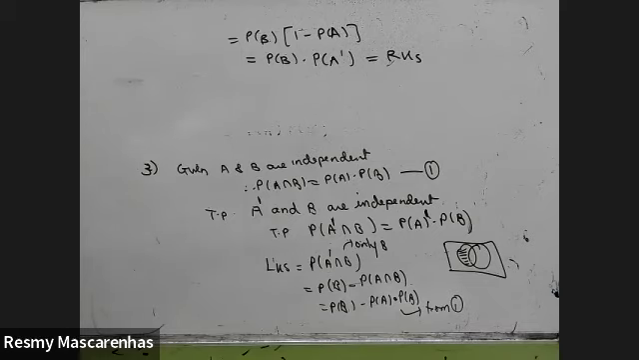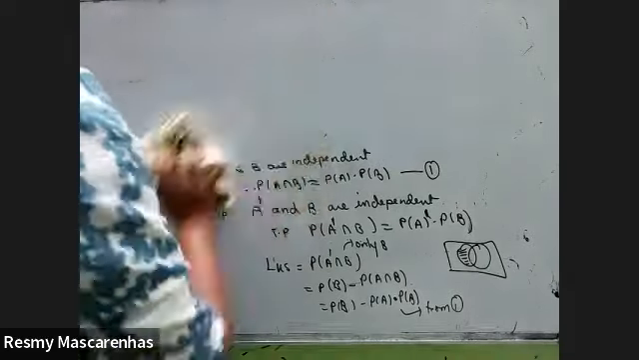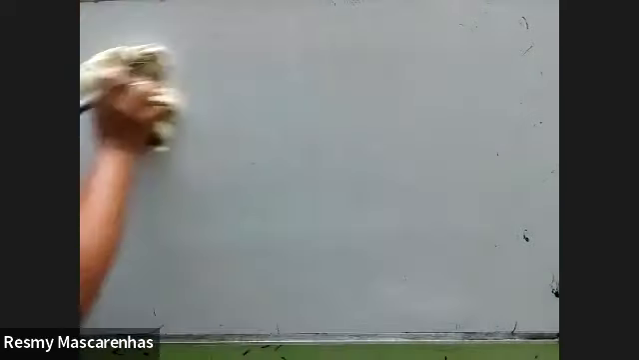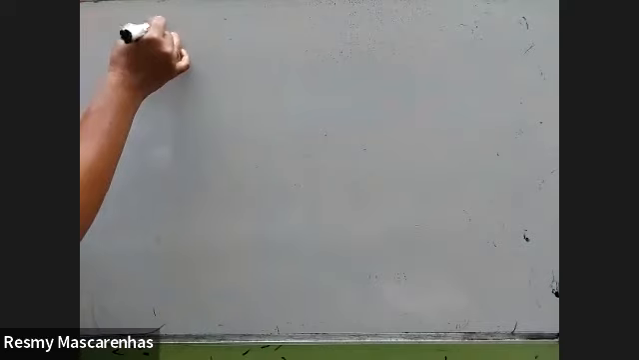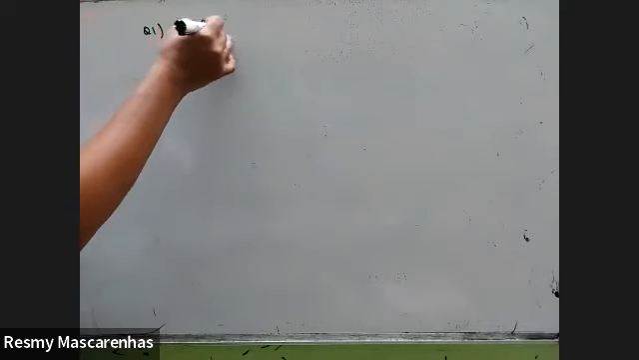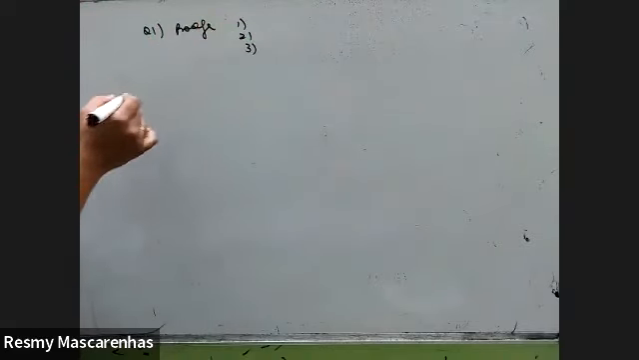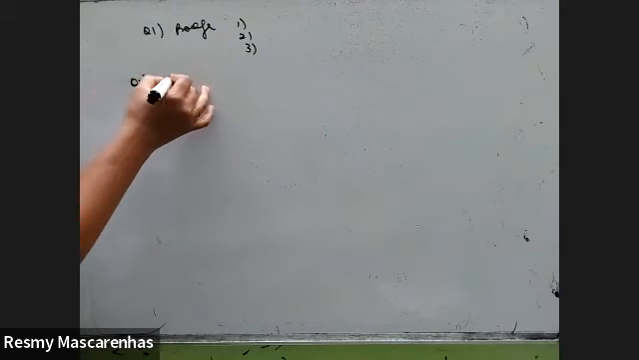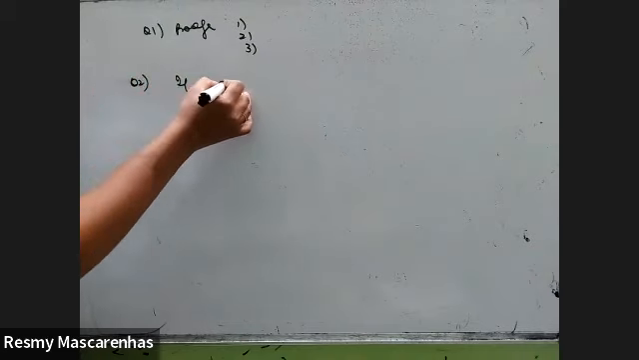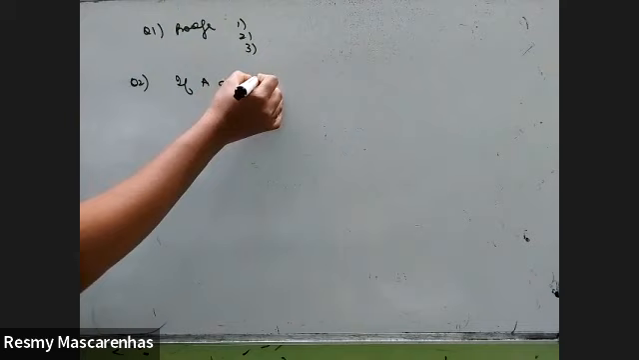The first main question was about the proofs based on independence. So question one was proofs, out of which I solved first, second, third proof. The second question is if A and B are independent,